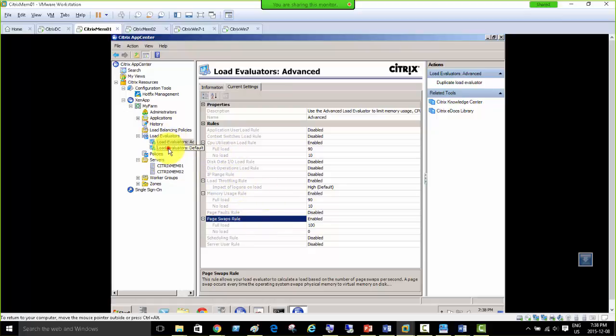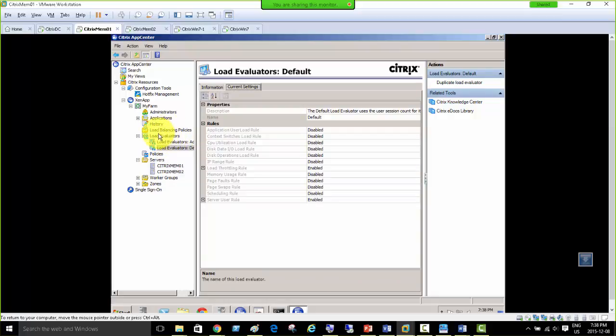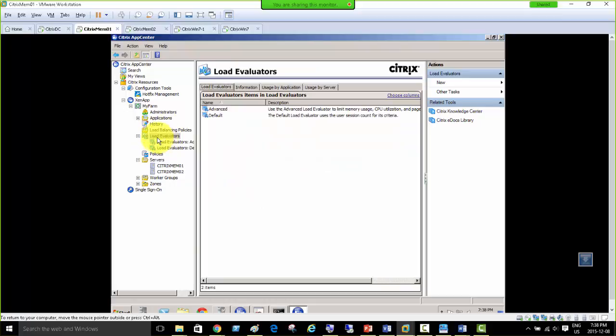So the advanced load evaluator and default load evaluators are available. But if I just go back to load evaluators again, we just saw that these were the predefined load evaluators, right? If we go to the main load evaluator here, we can see that there's usage by server available. So default usage is load evaluators at the default state right now, basic usage going on for both servers. Then there is usage by application; the applications are shown here,